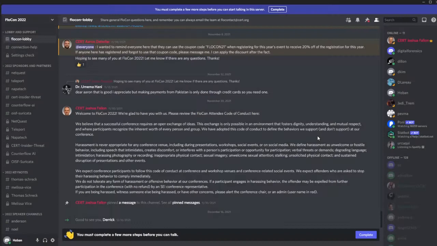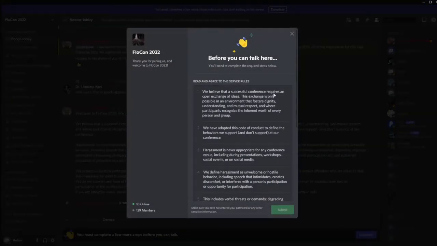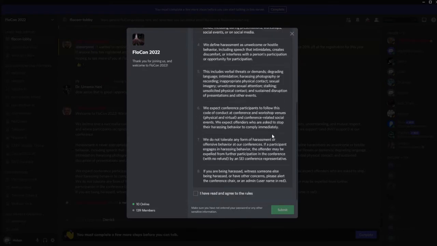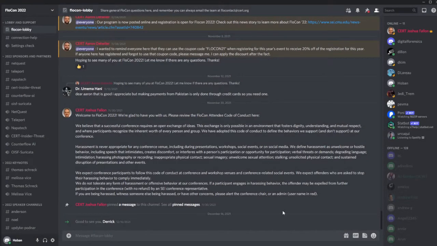Once you join the server, you'll see an indication at the top and the bottom of your screen that you need to accept the terms of the conference's code of conduct before you can fully participate in the server. If we were in person, this would have been part of your registration packet, as well as displayed on the main screen throughout the beginning of the conference. If you click Complete up at the top or down at the bottom, the conference code of conduct will be displayed, and we'll ask you to scroll to the bottom and select the box to confirm that you have read and agree to abide by the rules of participation in the conference. Once you hit Submit, you'll be joined into the server.